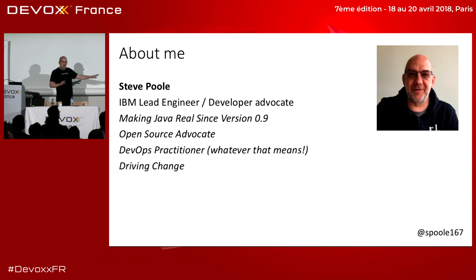So I work for IBM. I've done Java virtual machine development for a long time, since before it was 0.9 something. Then I took basically a sabbatical for 2 or 3 years and led a big DevOps team. It's the experiences in that, where I learned about the situation with security, that I brought back when I came back to the Java team and went, we need to tell Java developers about things. And that's what this talk is about.